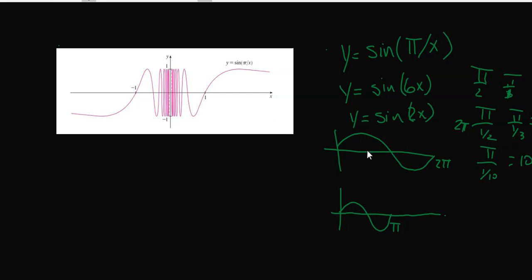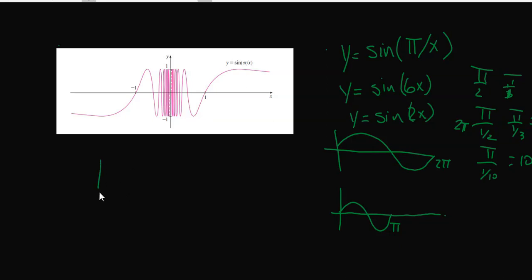So the same kind of thing that we saw here, which was kind of shrinking the period, is happening more and more. So the period is shrinking more and more as x gets closer and closer to 0. And so this thing is jumping up and down, and you can see that basically it's going to jump up and down infinitely as x gets closer and closer to 0. So if you believe that,